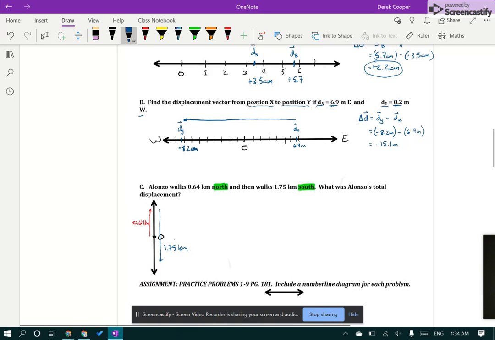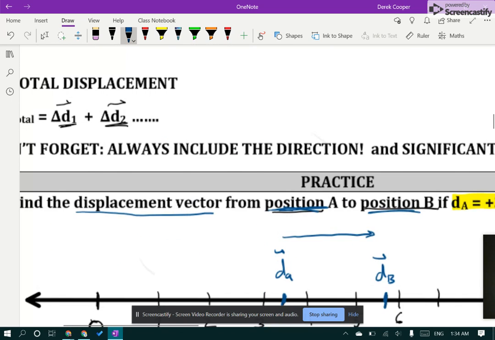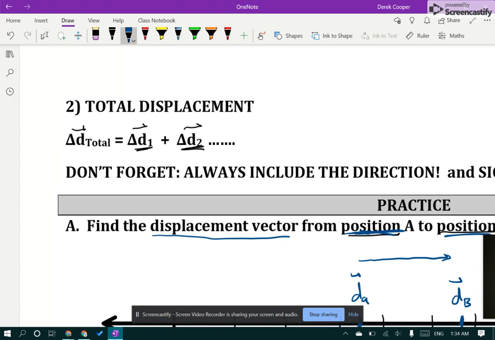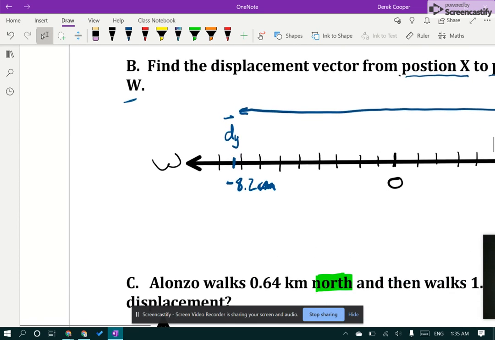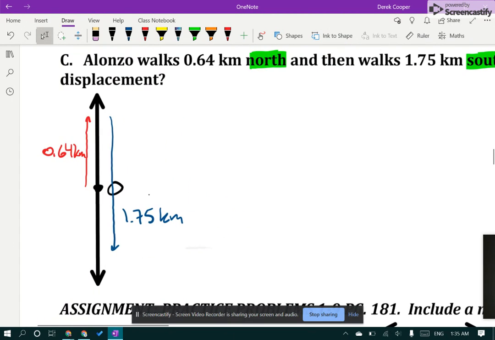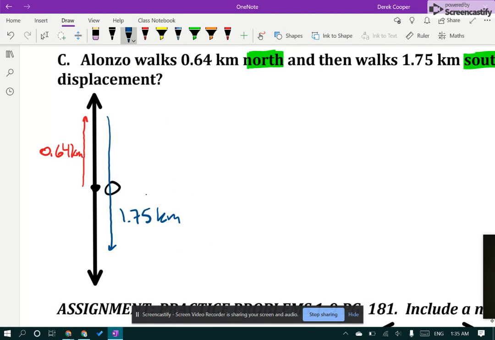So now we're going to use our second formula, our total displacement. The total displacement is equal to the displacement of number 1 plus the displacement of number 2, and so on and so forth. So for Alonzo, I'm going to say going up north is positive. So our total displacement is equal to 0.64. Notice this is positive kilometers, plus, now he's going down 1.75 kilometers, so I'm going to add a negative